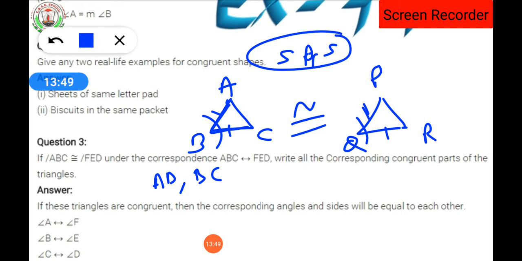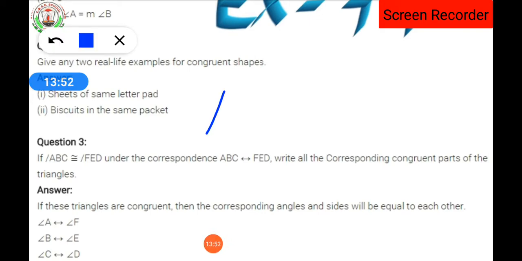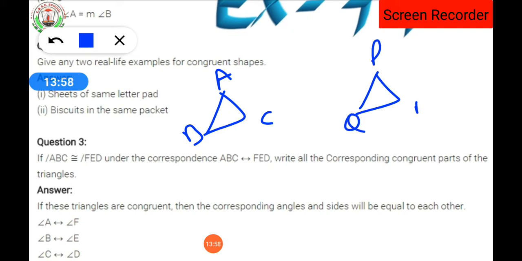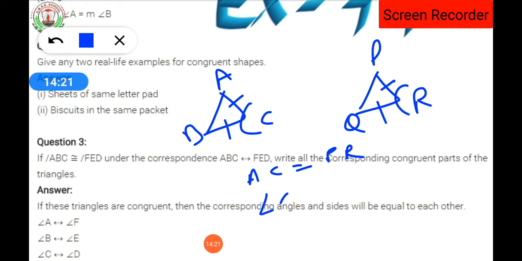Have you understood? Now you will say to me, teacher, if we are going to include the another side, suppose ABC and the triangle PQR. So if we are going to consider the side AC and BC, this angle C will be included. For this PQ, PR and RQ will be included, then angle R will be the angle. That means AC is equal to PR, okay, then angle C is equal to angle R, as two sides and one angle will be there. So this is the one angle and the angle between these two.